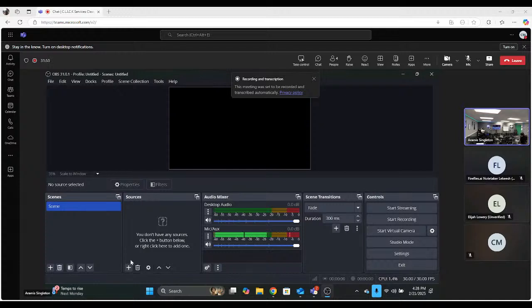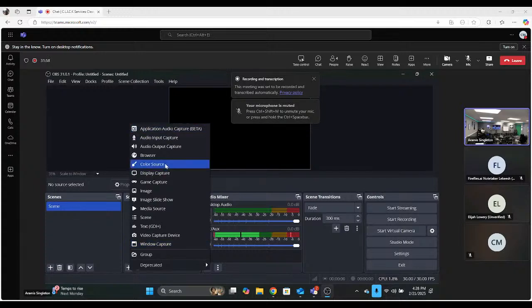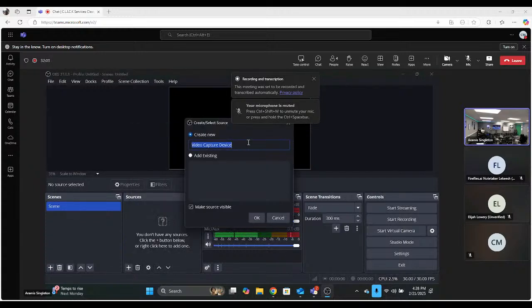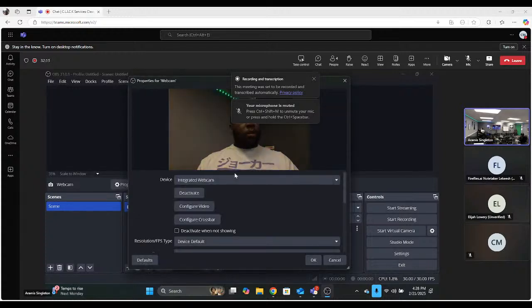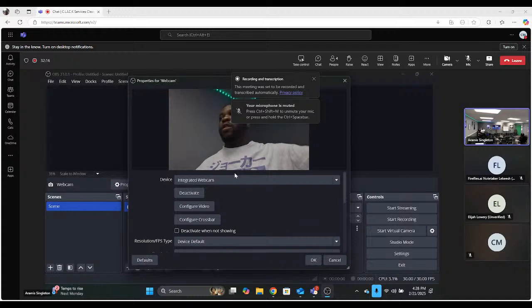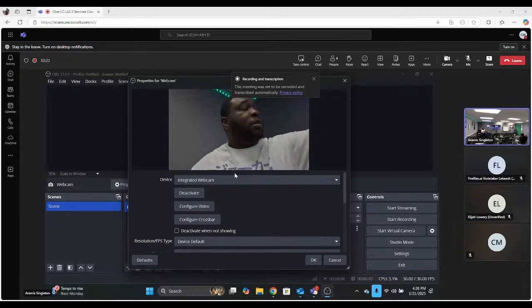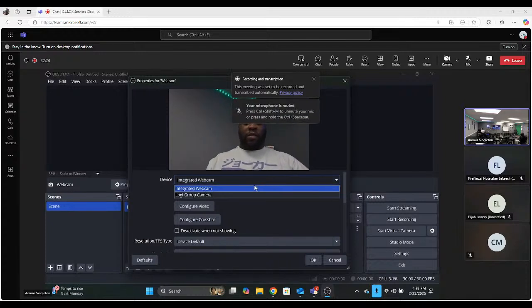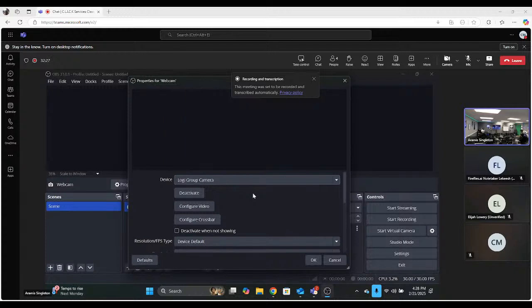So I have a built-in webcam. So I'm going to use my built-in webcam. The app is called OBS. So as you see, I'm going to use my integrated webcam. Now, if I was using something like this webcam right here, it's plug and play. So when you use something like this Logitech webcam right here, it will be in devices and you can drop down to it. I can also use the webcam for class, but because I'm using it for Teams,